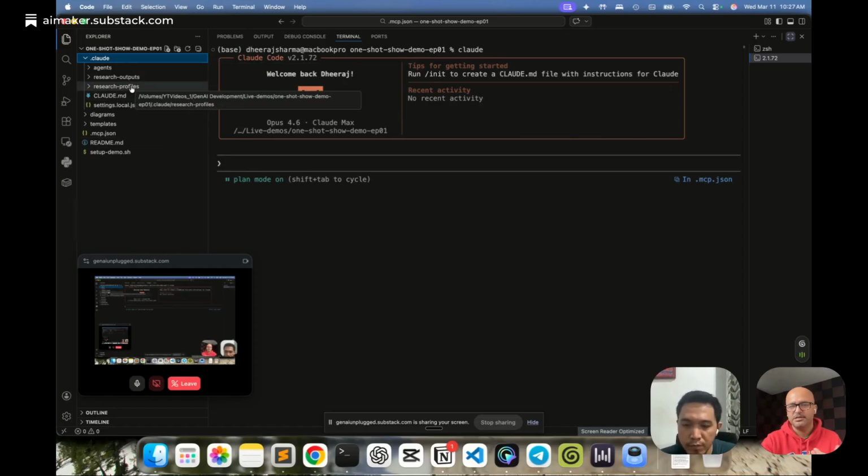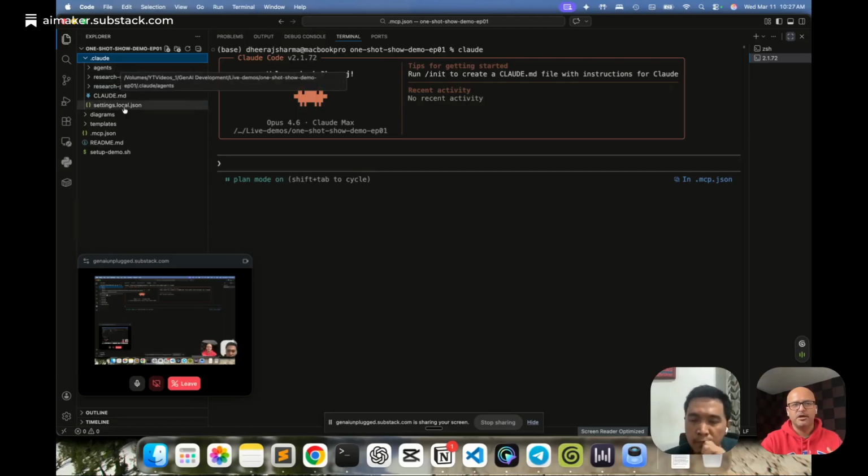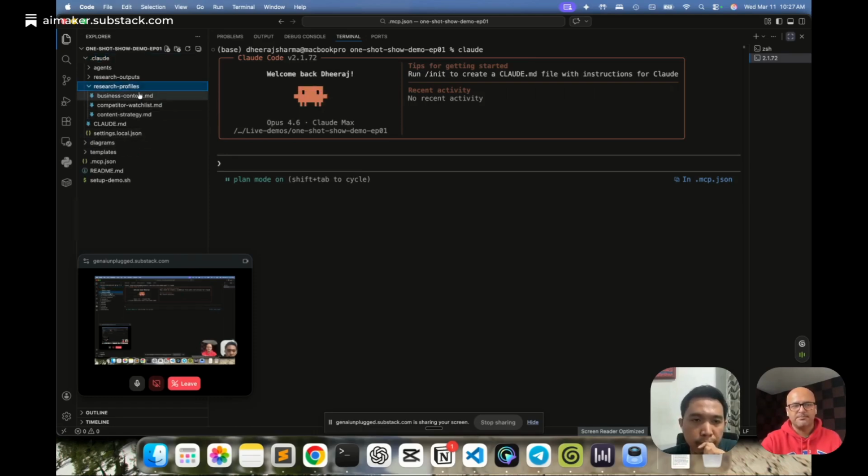So this is where the research profiles come in. It's just my way of configuring it, but you can feel free to put this folder anywhere, and then you just have to mention, when defining the agent, where your business context lies. So I organize all my business context under this itself. For example, over here you can see that these three files that we had in layer 2 of our overall architecture are present.